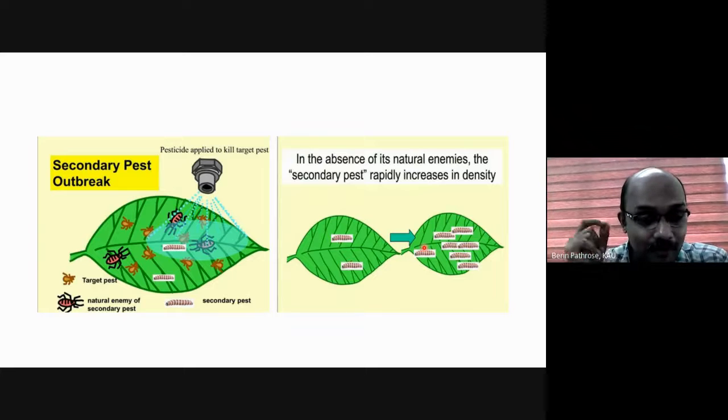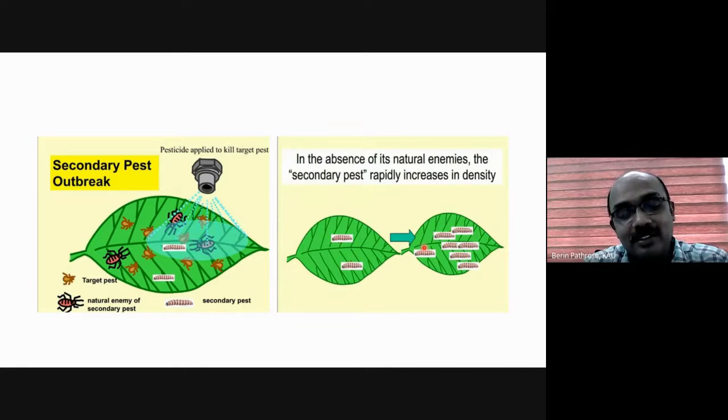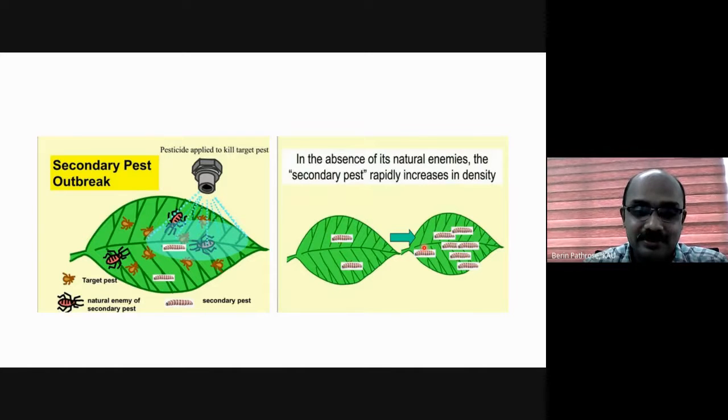That means if you reduce the pesticide load, the thrips will remain in the flushes itself. Otherwise, if you increase the pesticide load, especially neonicotinoid, they will migrate to the inflorescence. It's very simple. This is what usually happens in the field: increase in pesticide use leading to the emergence of a pest. We are contributing to its emergence. Usually it's not resistance alone. This is something I have practically observed in the field.